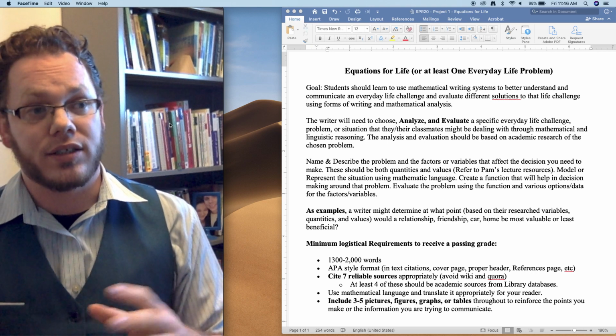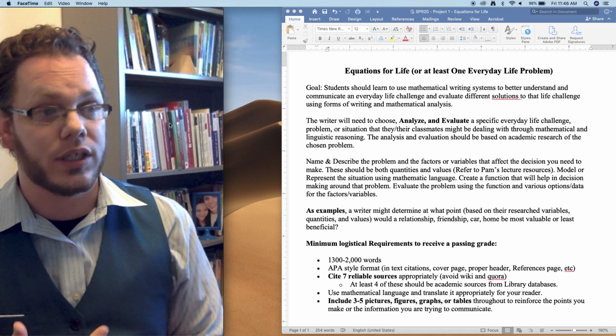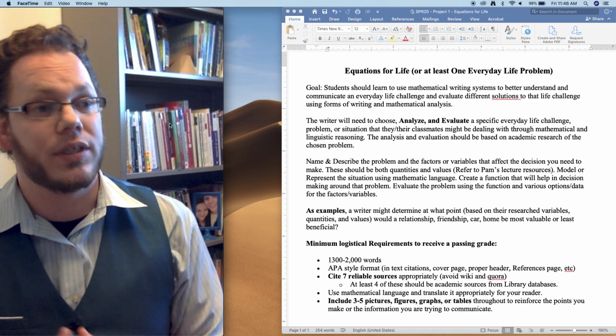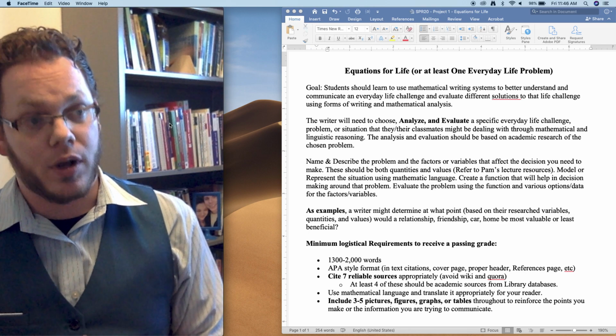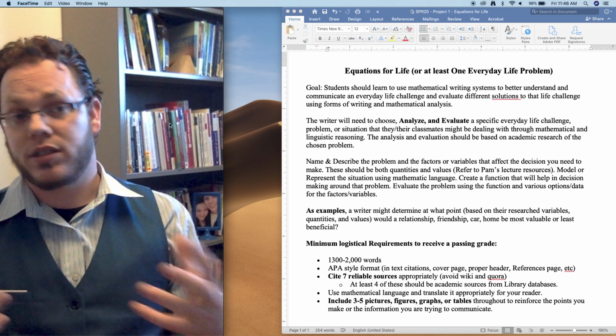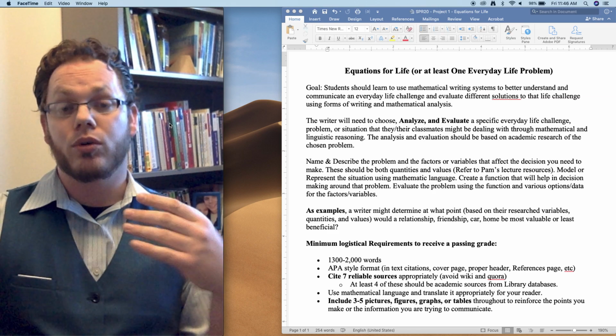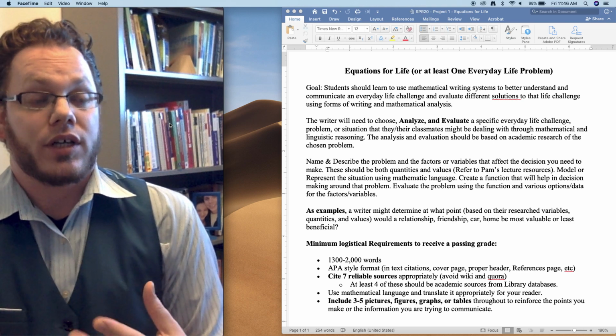Model or represent the situation using mathematical language, using a function, using graphs and tables and that sort of thing. Create a function that will help in decision making around the problem. Evaluate the problem using the function and various options or data for the factors or variables. So that's where your research might come in to influence, well, what data set am I using, or what values do I use? Do I have to kind of create